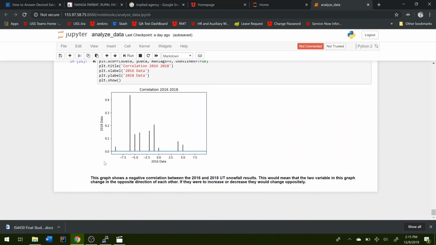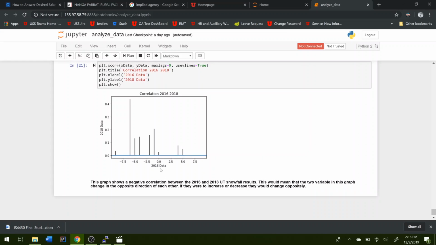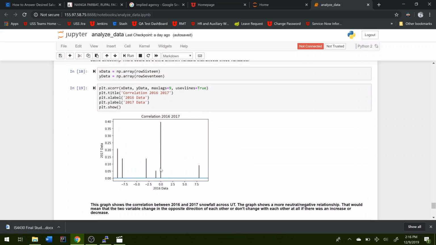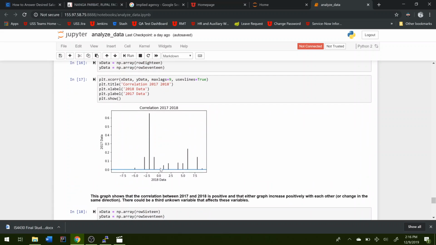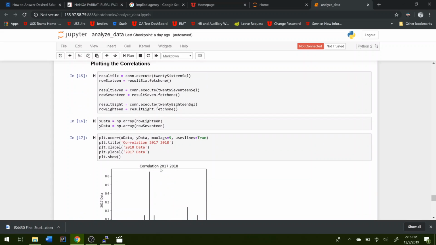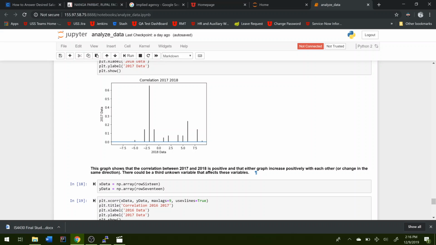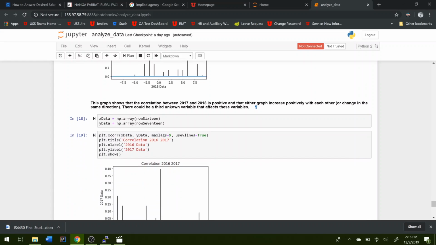And then 2016 and 2018's correlation was -1. So that means that if the 2 variables changed in a positive or negative way, they would both decrease oppositely of each other. So these correlations, I kind of found that there has to be some type of third variable in here that's affecting them. Maybe it's global warming, maybe it's just randomness. I'm not really sure, but